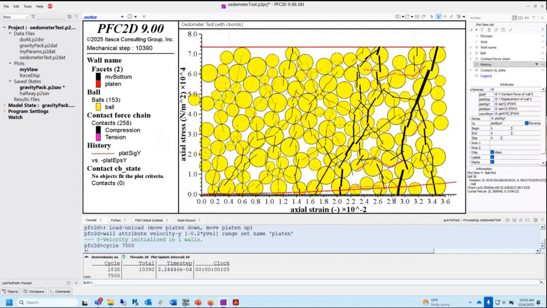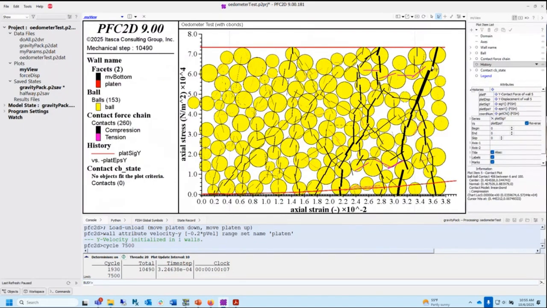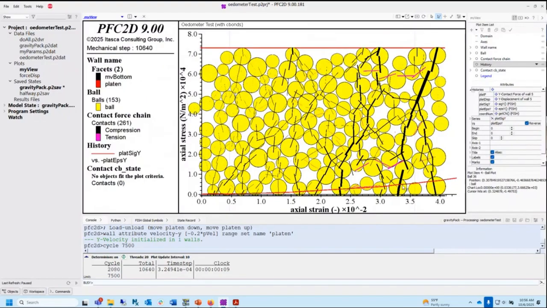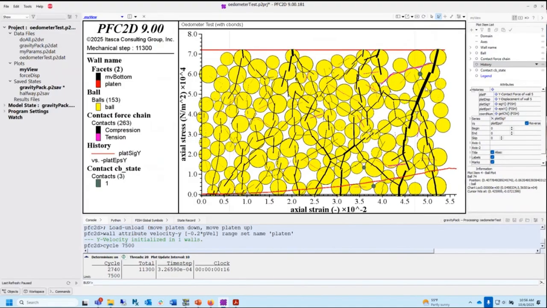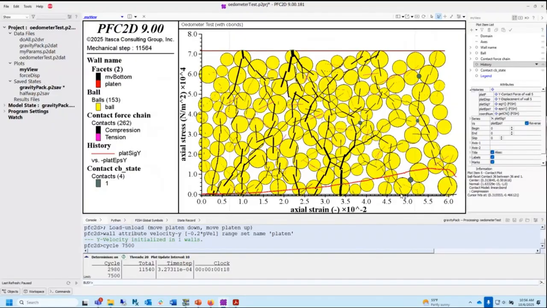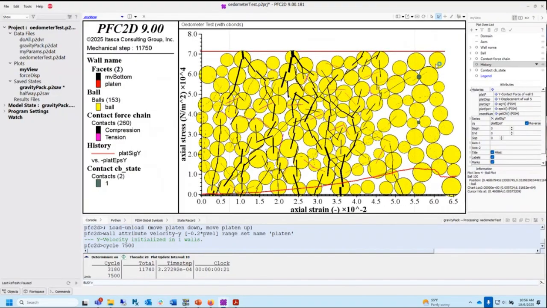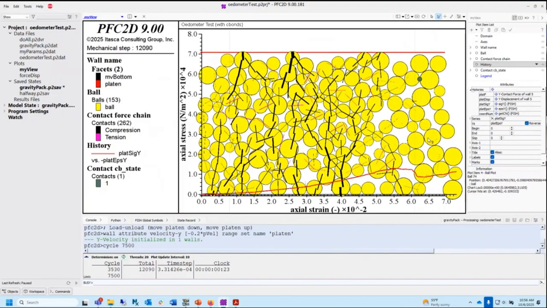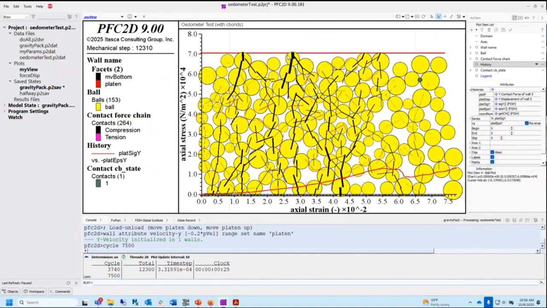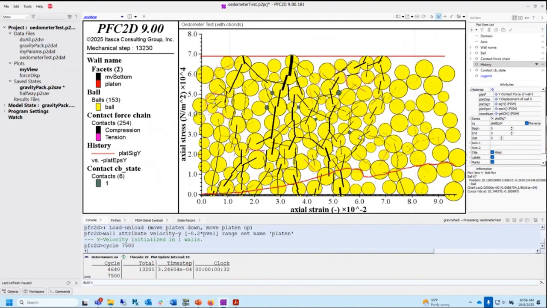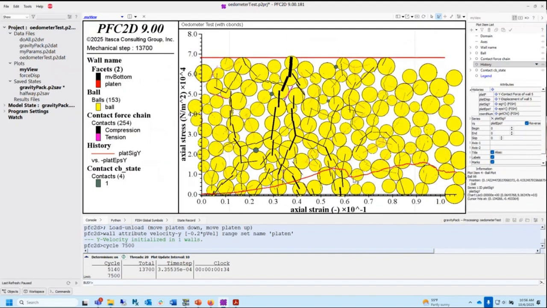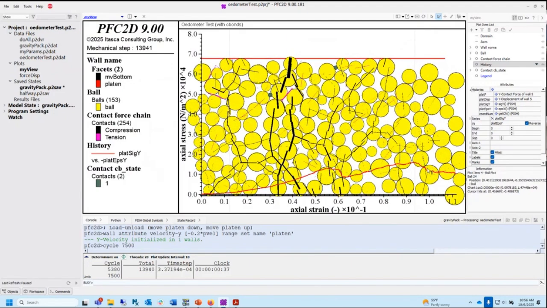Watch this force chain. When this thing breaks, this becomes very compliant and it's not carrying load anymore. I think it's this guy that's going to break. That's tension. Boom, it broke. Watch this force chain buckle. There, it buckled out. No more load on the outside. Still load. Black. Look at those micro tensions. Boom, that caused it to break. It's the micro tensions that are where it's breaking. As it breaks, the force that we measure has to drop.